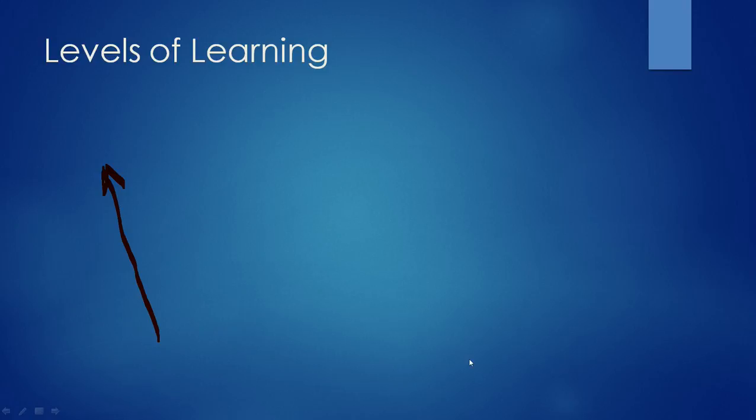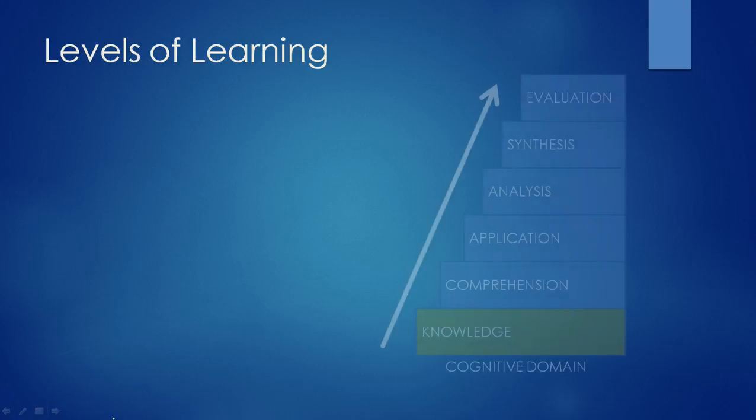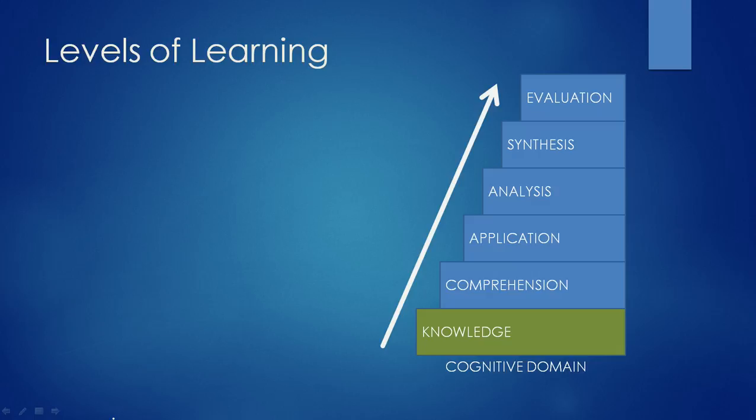I'm going to start with the cognitive domain here. Okay, so the cognitive domain is our ability to think, and to think at different levels. And the more complex the level, the higher we go. So we start at the bottom. The bottom is just knowledge, and knowledge is nothing more than the recall of facts. It's the remembering of previously learned material. It could be remembering just your name and your address, or it could be knowing a wide range of information, but it's simply the recall of facts.